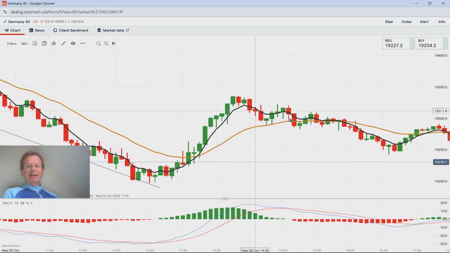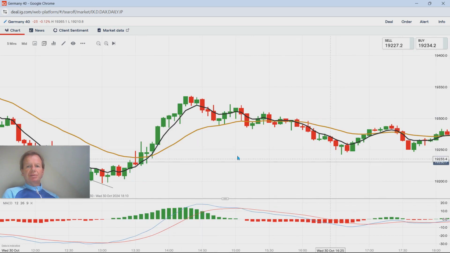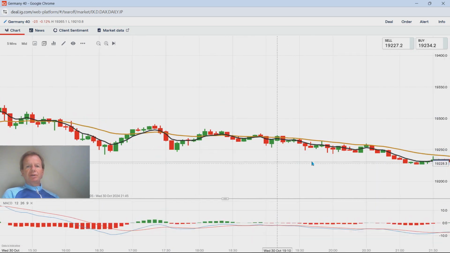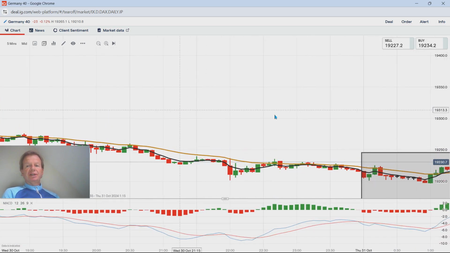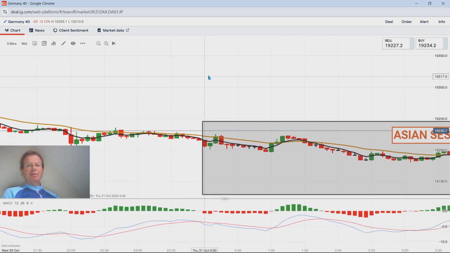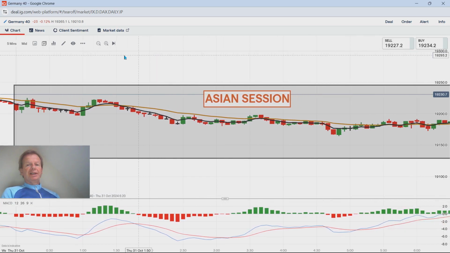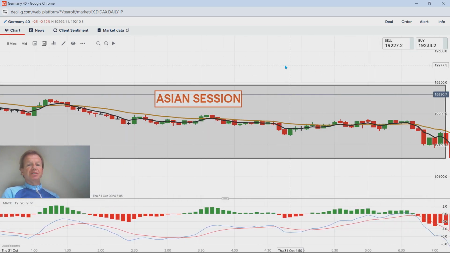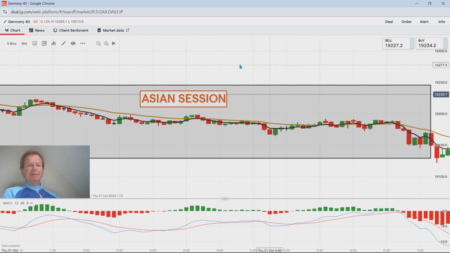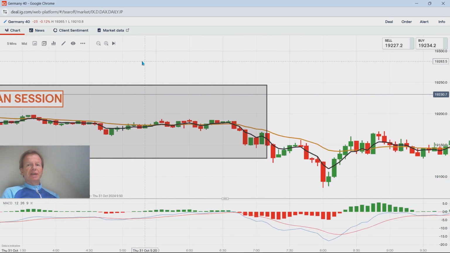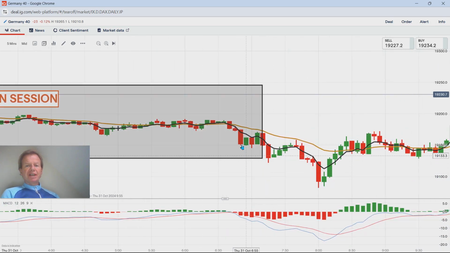So a lot of pips you could have saved there if you'd gone early on the MACD. And then it goes up again, comes down again. You pretty much just broke even on that. You only need one good trade. You wouldn't keep going in and going back for trades. And here I'll put the box here of the Asian session. It doesn't do anything on the Asian session. I'm not even awake, to be honest, around about 7. So UK time, as you can see, the break is about 6:50.